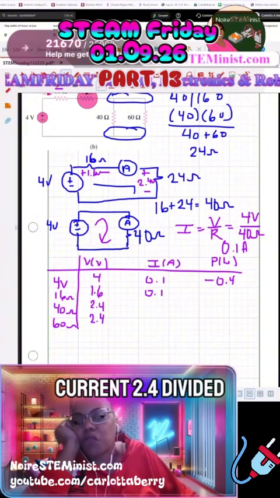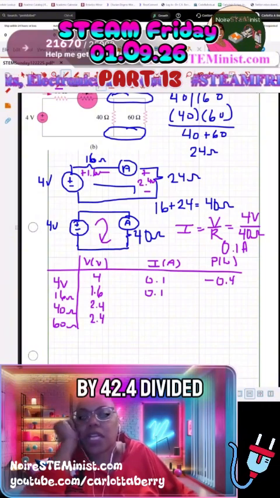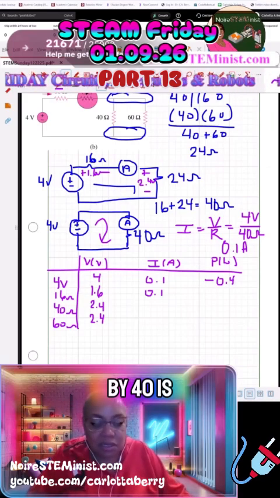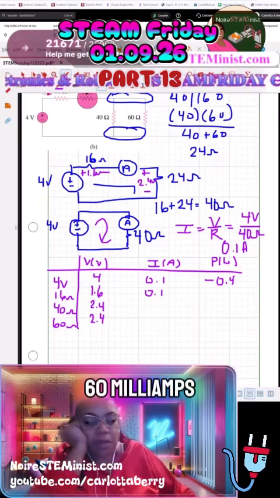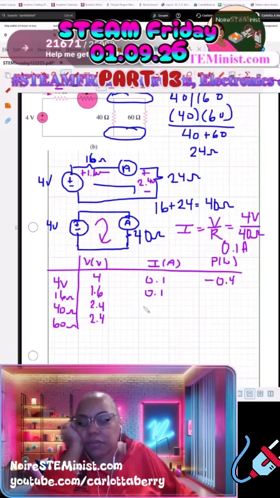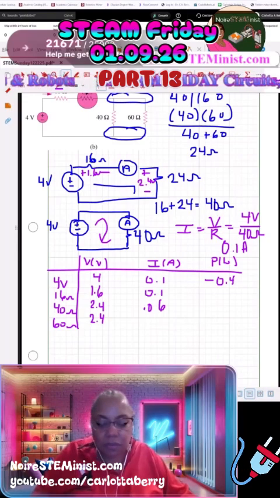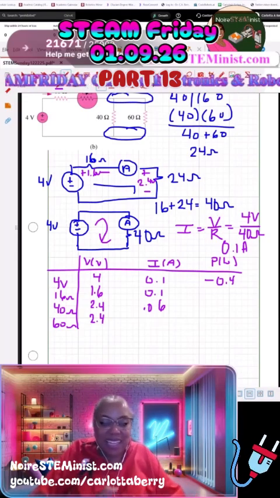Okay, so the current, 2.4 divided by 40 is 60 milliamps, or 0.06 amps, okay? 2.4 divided by 60 is,